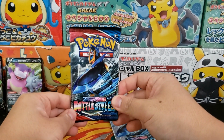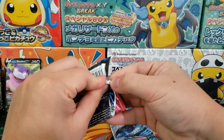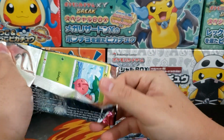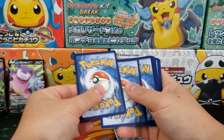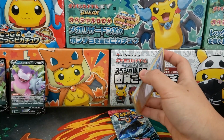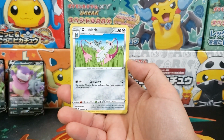Wow, our luck is not going so well, but this is why we hedge our bet to get the maximum value that we can. Just making sure that we maximize our odds of potential value here. We do 1, 2, 3 to the front. Let's toss that energy. I would love to see some Evolving Skies booster packs inside of these, but I guess